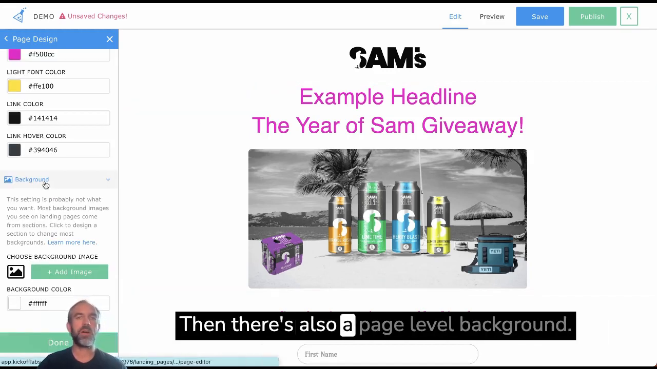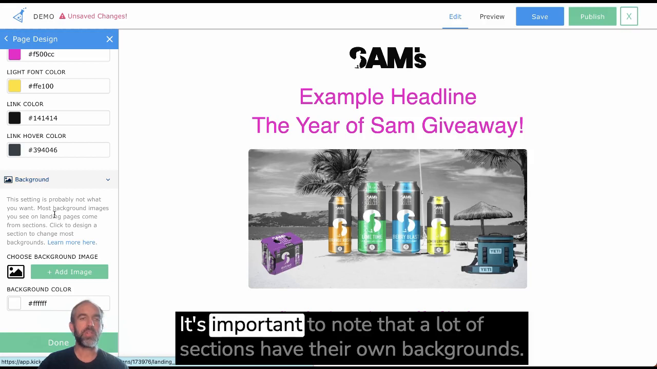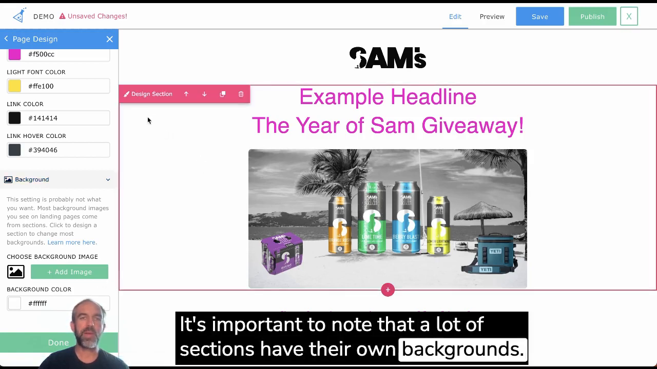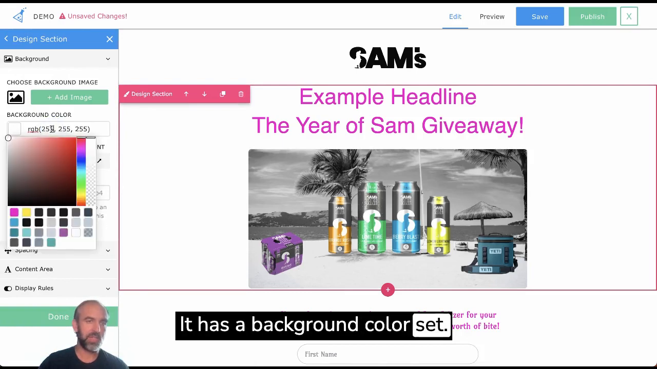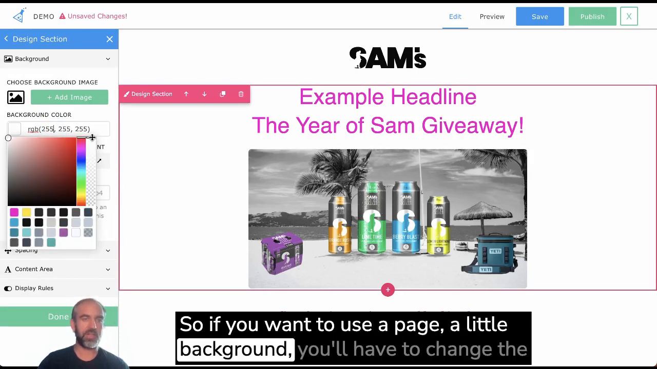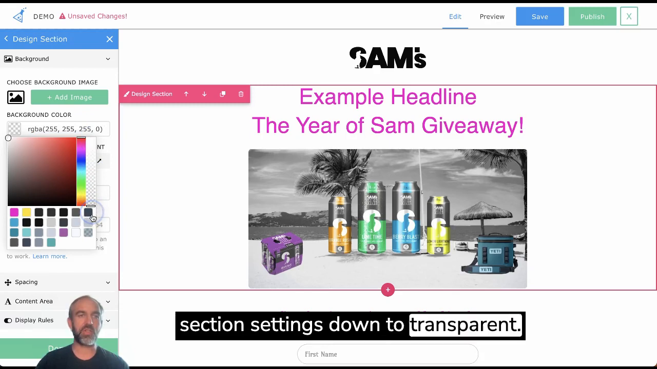And there's also a page level background. It's important to note that a lot of sections have their own background. So if you look at the section settings here, it has a background color set. So if you want to use a page level background, you'll have to change the section settings down to transparent